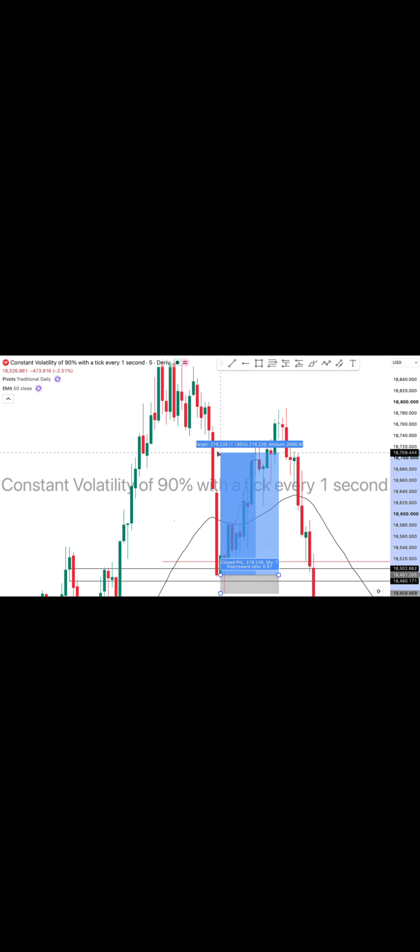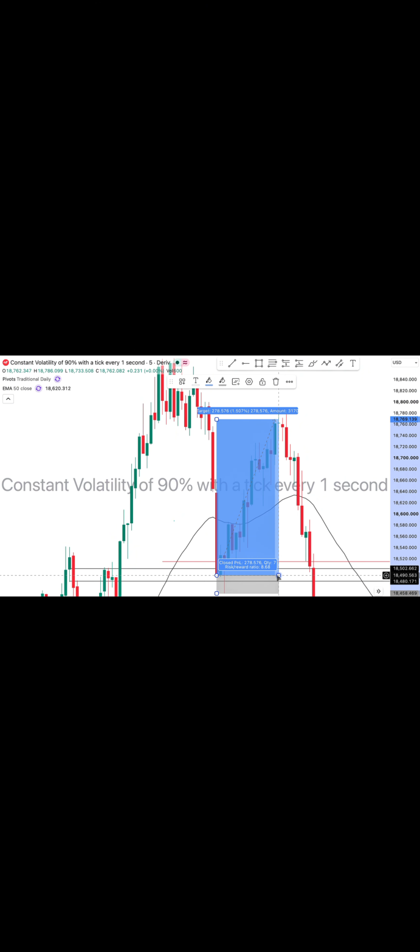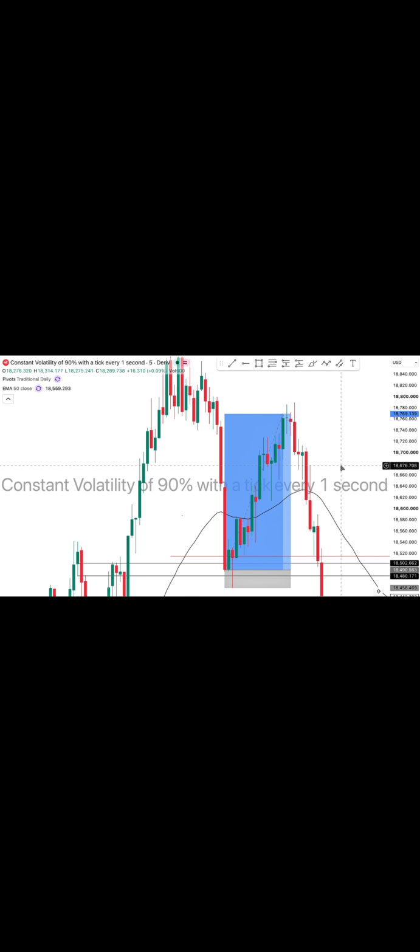So right here is where you put your stop loss, right there. And right here is where you put your take profit, right? Let's come on some more with this. Right here is where you'd have your take profit, guys. So you see, that would be a good trade to trade if you were trading